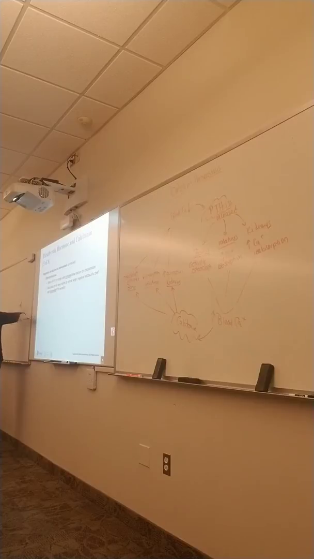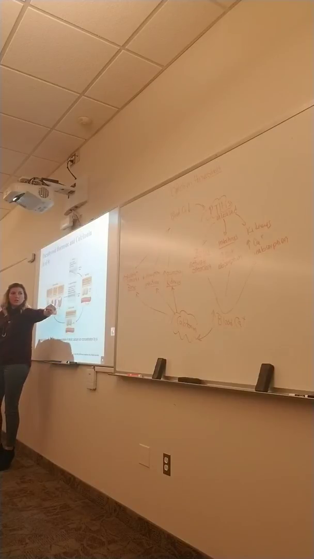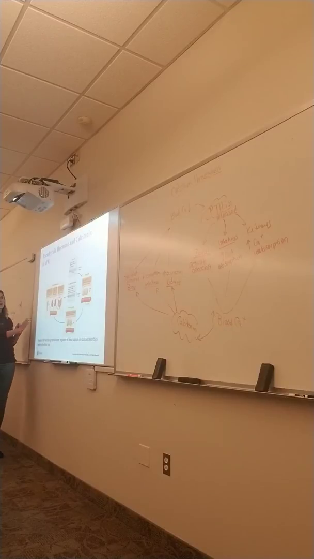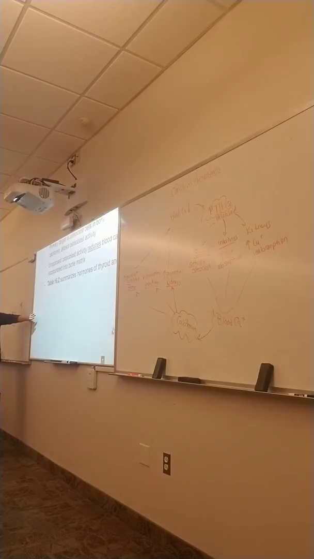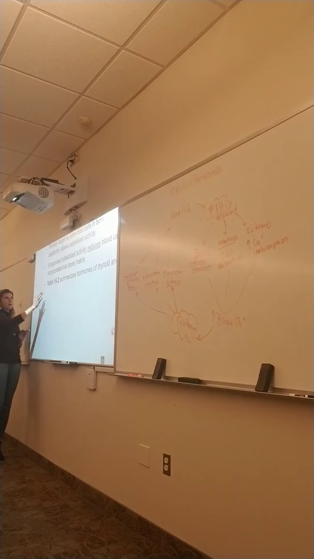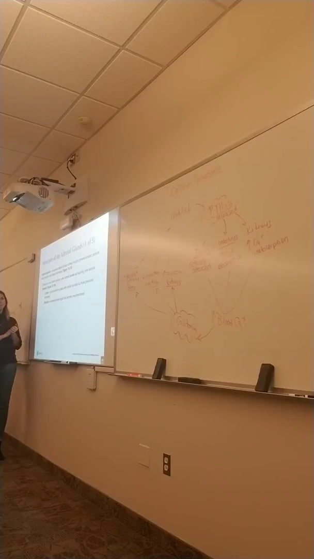Okay, this is showing you the exact same thing that we just drew over there. And this is the exact picture with a lot more visualization than the words that I drew, but it's the same general idea, right? Blood calcium levels decrease. We have some types of receptors in our blood that are detecting that. That's going to cause our parathyroid gland to secrete parathyroid hormone. And calcitonin does the opposite. Calcitonin is going to be released to decrease blood calcium levels, get our osteoblasts back and working properly.